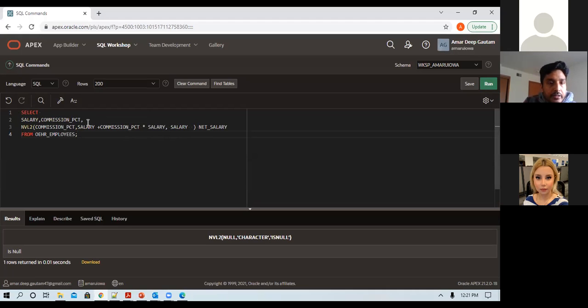Earlier we saw the salary and commission percentage columns in the table. So what I have to get is the net salary. Net salary is nothing but salary plus commission percentage into salary.